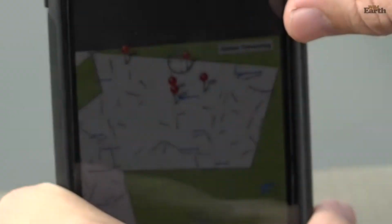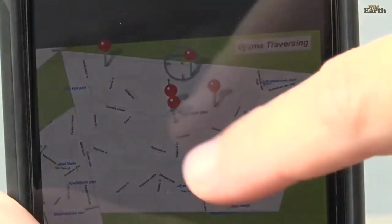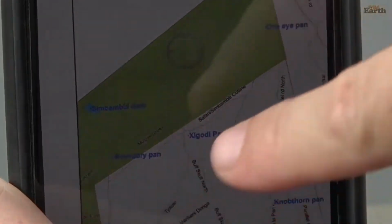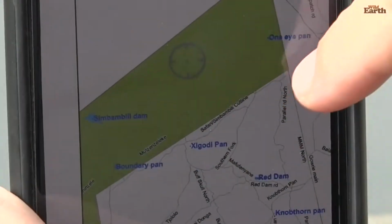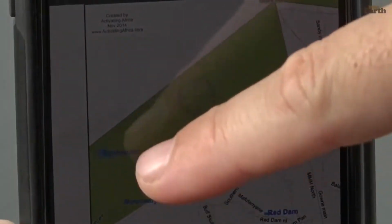So what you'll see is that there's going to be a white block. Now that white block that you see there is Djuma. So that's what Djuma looks like. Now if we come across, and I'm going to zoom in a little bit, you'll notice there's a green shaded line that's on top here. That is Simbambili. Underneath it is Arethusa in white, but in green is Simbambili. So you see quite a narrow property, but a very long property,